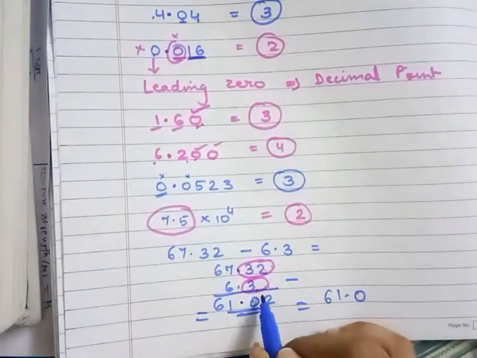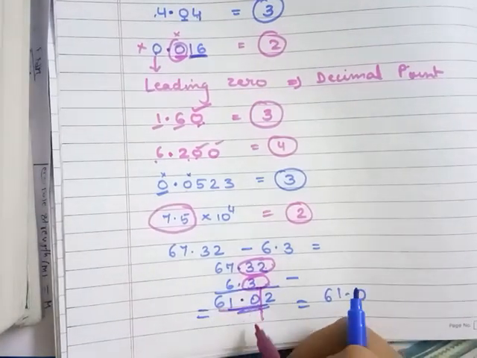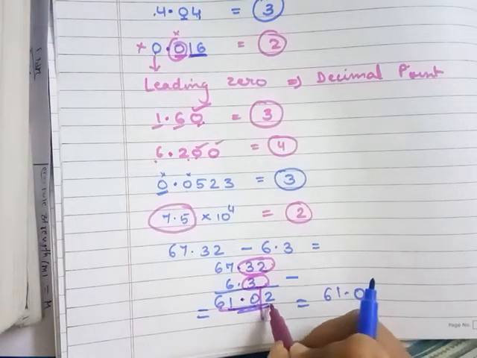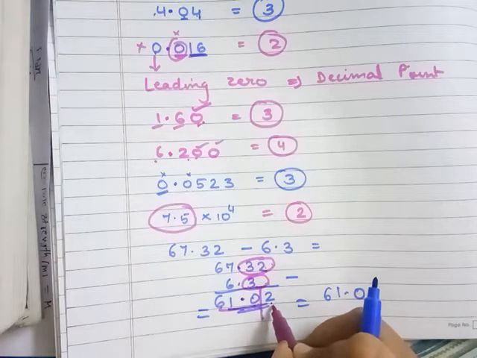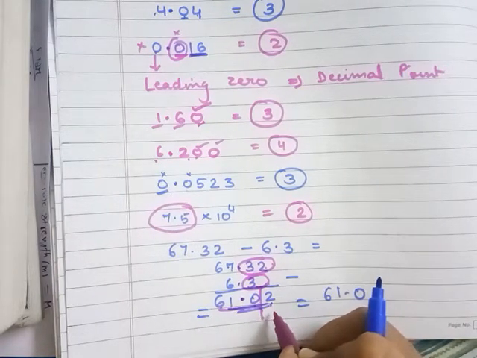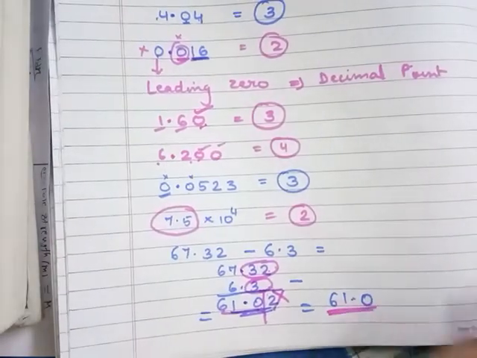We'll do the rounding off. Now you check this number. I need only 3, that is 2 numbers, and after the decimal point only 1 digit. So for the left out digit, I will check whether it is greater than 5, less than 5, or equal to 5, and then do the rounding off. Now this number is less than 5, that is 2. So nothing will change. So the result is 61.2.